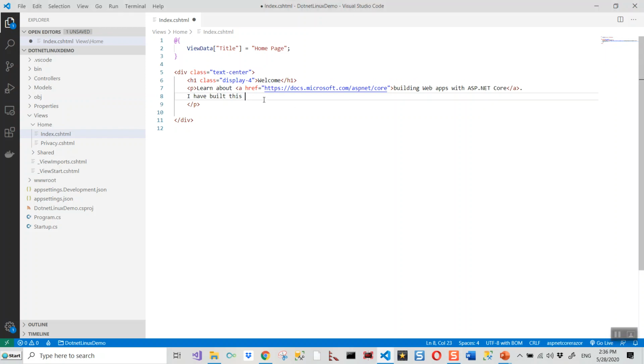Let me finish modifying this file. So I have built this site in Linux bash from Windows, and now I'm editing it in Visual Studio Code for Windows.